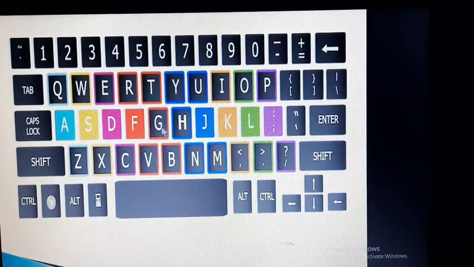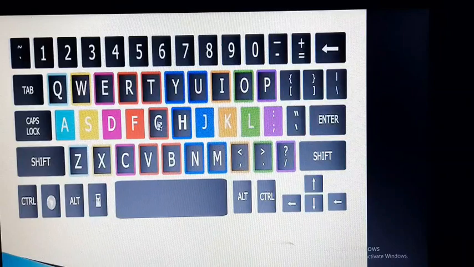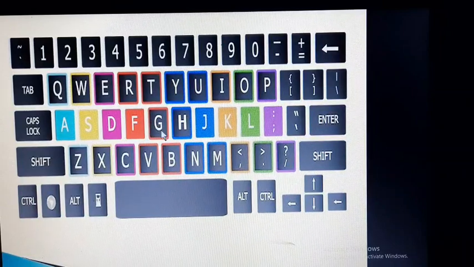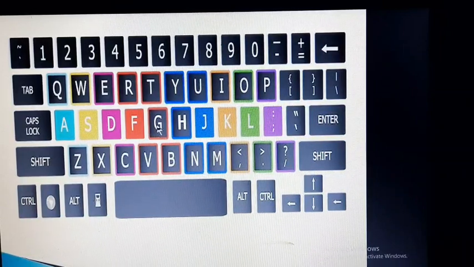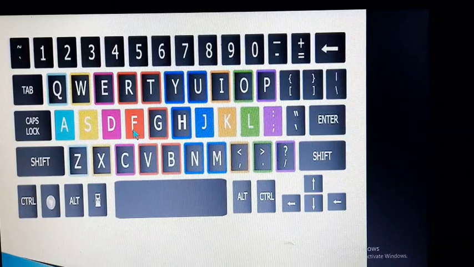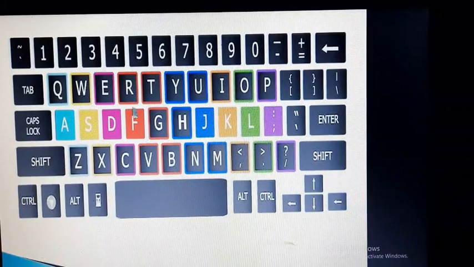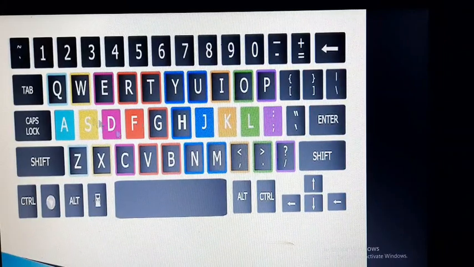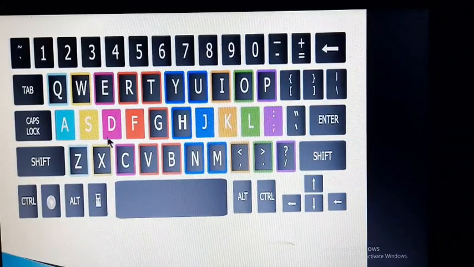Like this is reserved for the index finger. We need not use this index finger for Y, U, I or any other key. It is reserved for T, G and V. T, G, B, V, F, R. These six keys are reserved for the index finger. The index finger should not be used for any other keys.